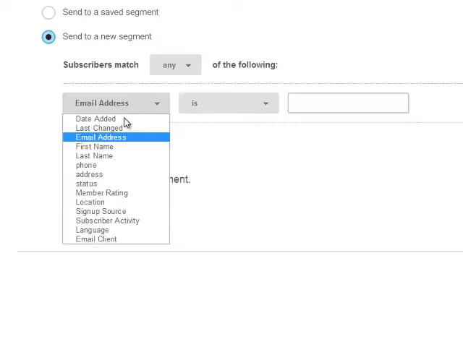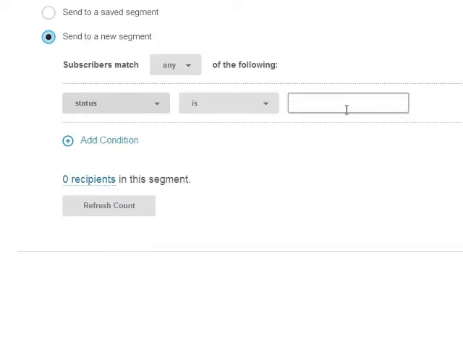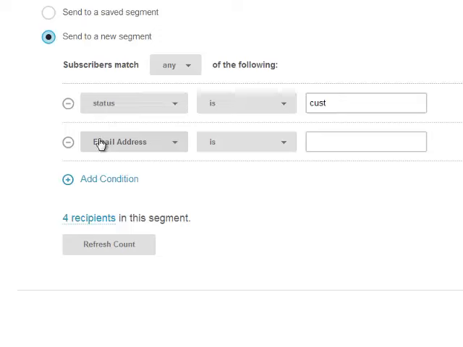So you would come down here and you would say status, host, and then you would refresh the count and you'll see that there are 2. So out of your list of 9 people, you have 2 hosts in this segment. If you wanted to send to all your customers, you can refresh the count. And if you wanted to send to all of your customers and all your hosts, you can say add condition,